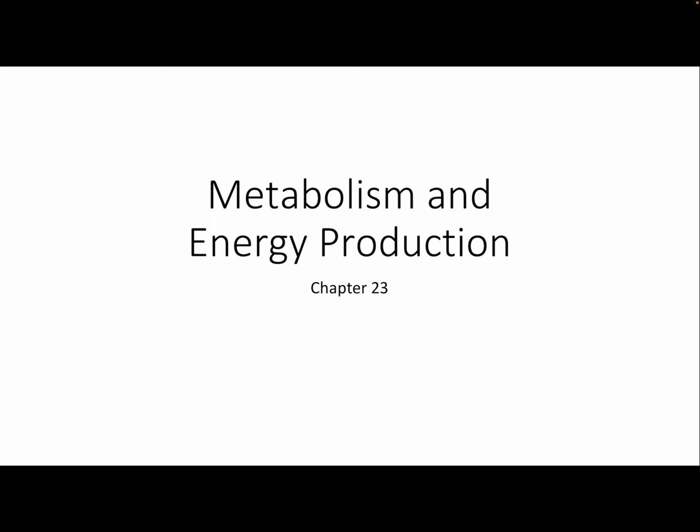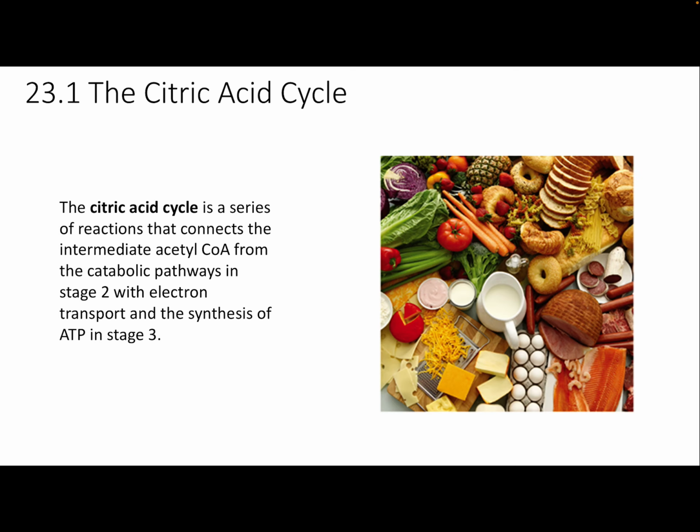In this chapter, we're going to take a look at what finally happens to the products of glycolysis and how the electron transport chain turns those products or intermediates into energy. So the citric acid cycle is a bunch of reactions, and I'm going to show you each of the steps in a moment. It basically, like it says here, just connects the intermediate acetyl-CoA